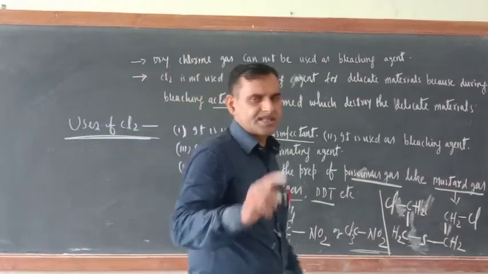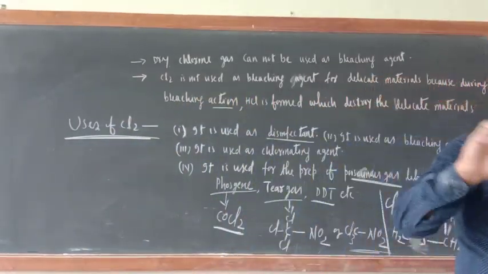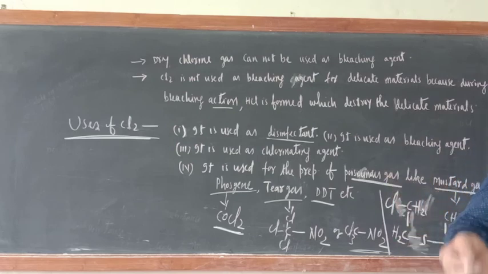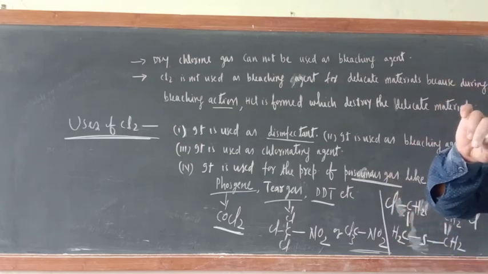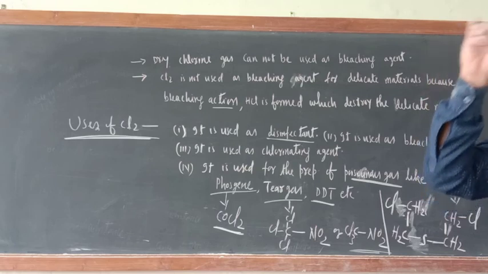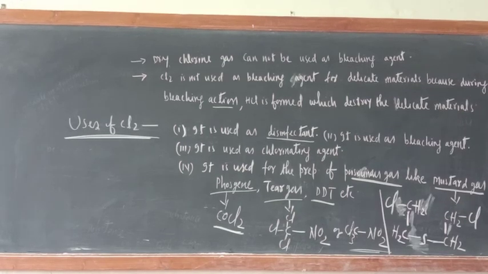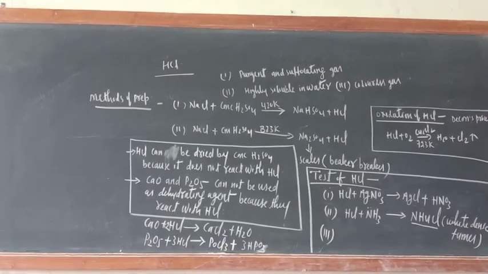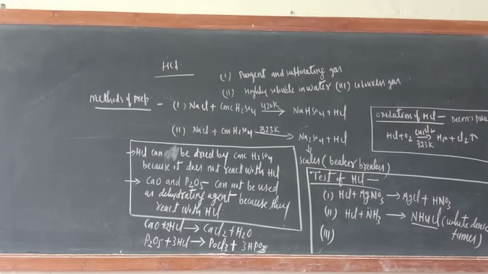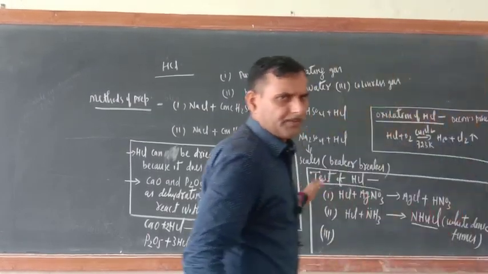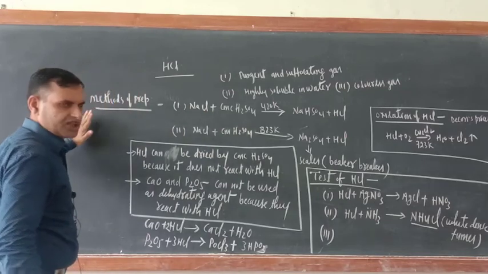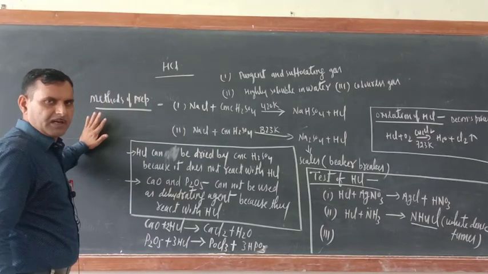The next compound is HCl. In HCl, almost everything you know, only one or two things are new, because in HCl, aqua regia is there. Aqua regia I taught you in the case of HNO3, so there is no need to teach it again. So now HCl, okay. You know everything about this one. There are some additional things which you don't know, I will teach here.